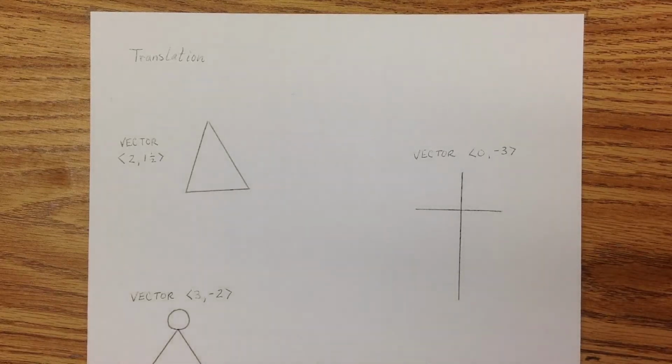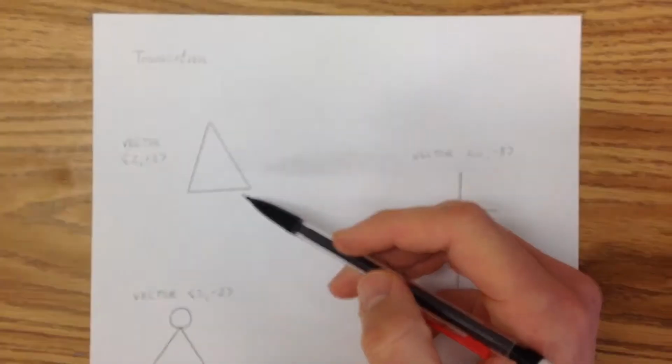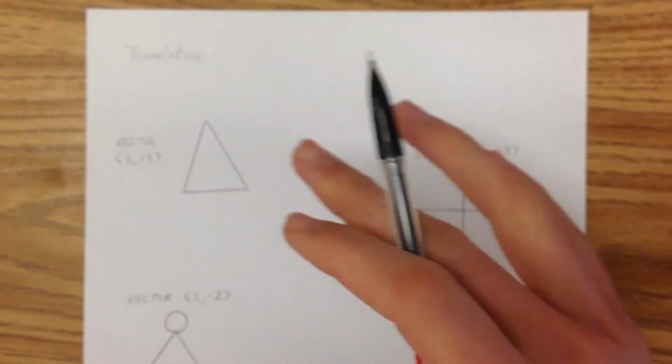Hey guys, so in this chapter we're going to be doing transformations of different shapes. First we're going to start with translation, then we'll get to reflection, then we're going to rotate the object, and then we're going to talk about symmetry and those types of things. So what a transformation basically is, we're taking a shape and then we're transforming it, moving it to be